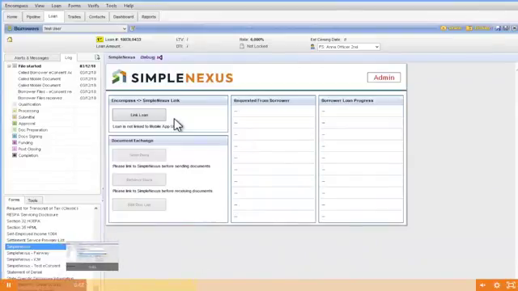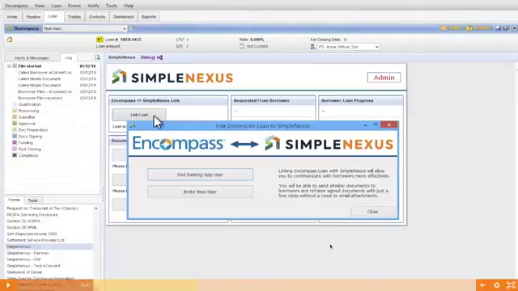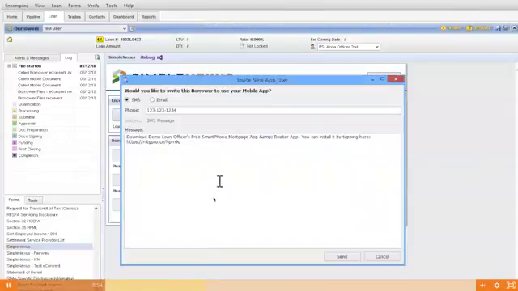When I click on that link loan option, it'll pop up a window with 2 choices. I can either find an existing app user or invite a new app user. Let's do that second scenario first, where they have a loan started, but the borrower has never downloaded the mobile mortgage app. I can invite them through my phone or through the dashboard, but I can also come in here and hit invite new user, and I'll have the option to invite them with a text message,